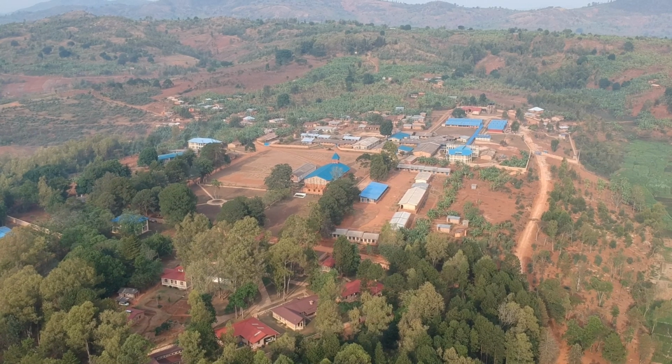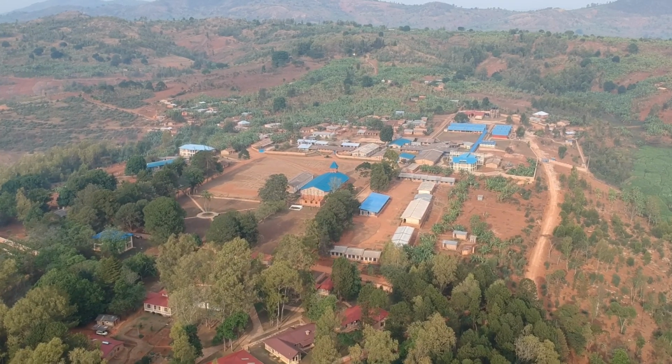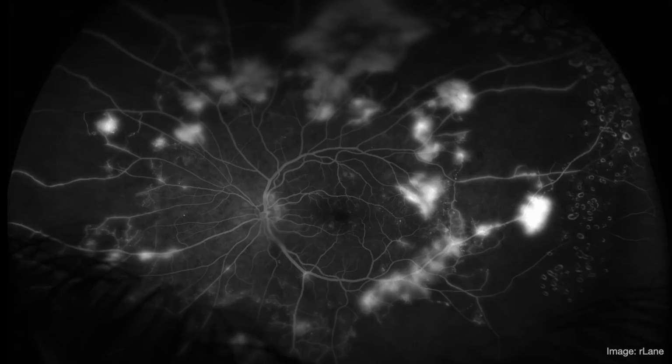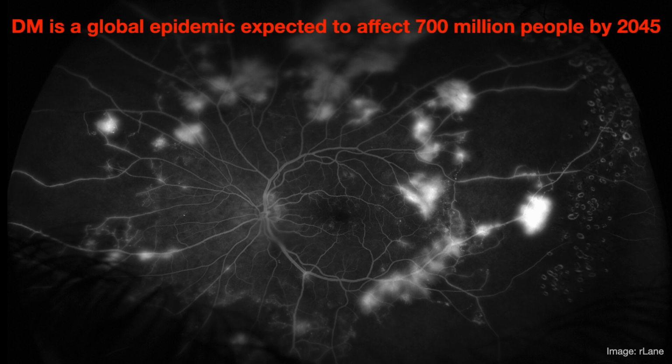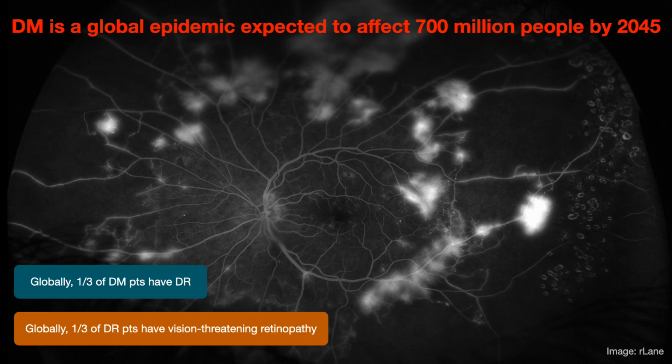This is the video, but I'm really pressed for time, so we're just going to skip through it. Sorry. We're talking about this beautiful picture here. Diabetic retinopathy. It's a global epidemic expected to affect 700 million people by 2045. Although with Ozempic, maybe it's going to be a lot less. I mean, who knows? So globally, 1/3 of diabetic patients have diabetic retinopathy, and 1/3 of those diabetic retinopathy patients